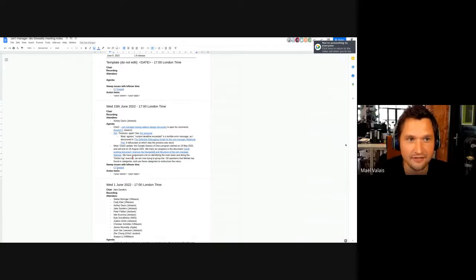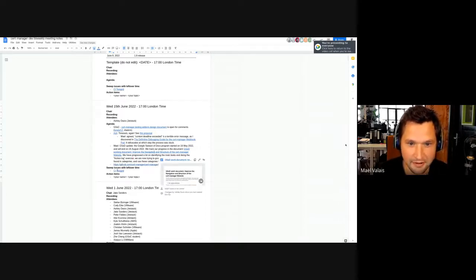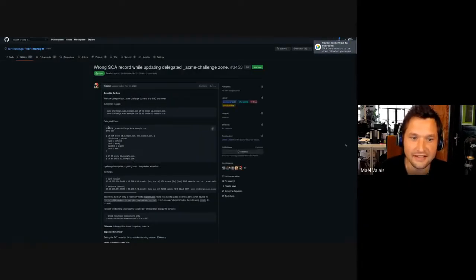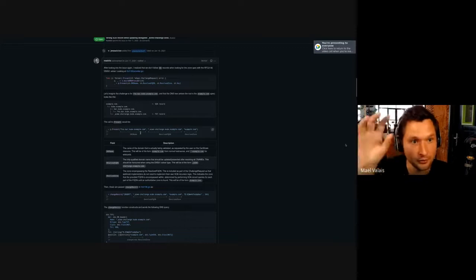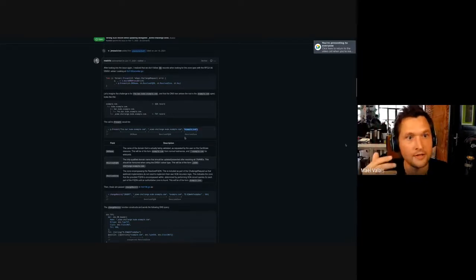I want to mention something that is close to my heart. I will add it here, this issue, 3453. It's a DNS01 issue. When cert-manager tries to solve a DNS01 challenge, it will have to find out which zone. By zone, I mean the domain, the apex of the zone.